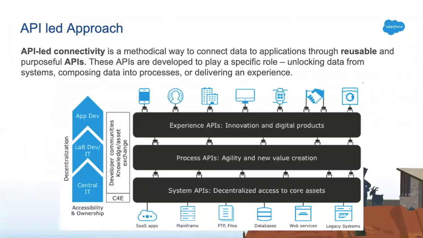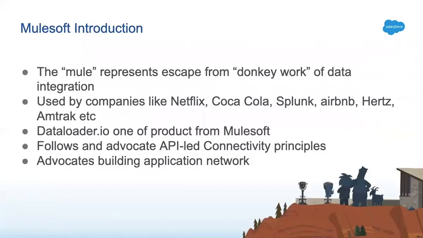But if you think about it, this is a microservices based architecture. Instead of having monolithic code where one API does everything, which does not give you agility or flexibility, where if something changes you might change everywhere, the advantage in this approach is that it's flexible. If something breaks, you know it either broke at the system layer, the process layer, or the experience layer. Again, I have not done it personally, but everywhere the Mulesoft white paper suggests this approach. I'm pretty sure all the names which we saw in the previous slide, Netflix, Coca-Cola, Splunk, Airbnb, are following the same approach.